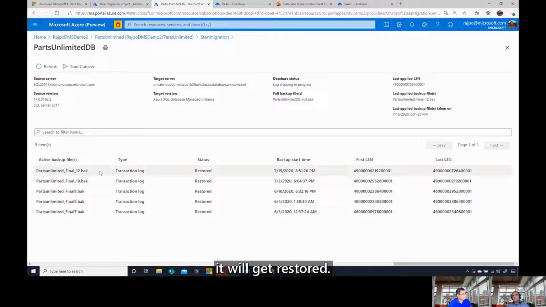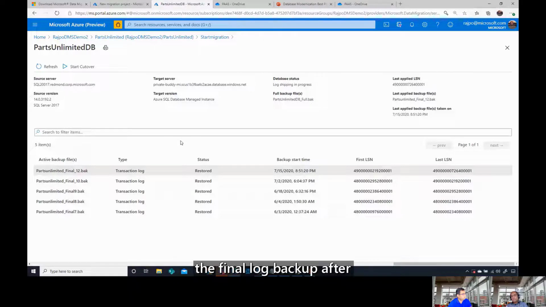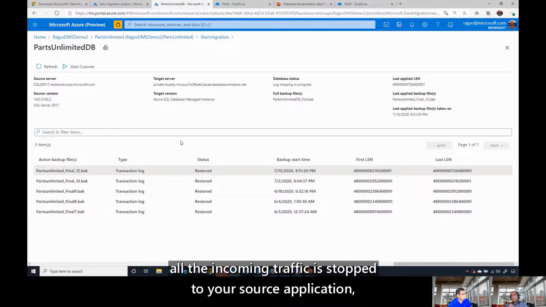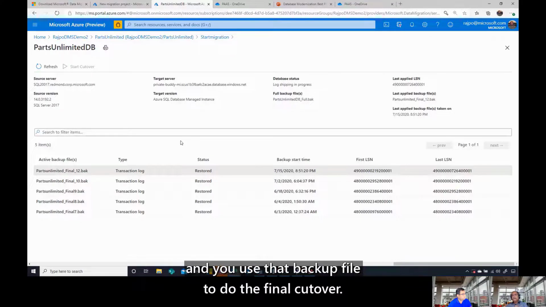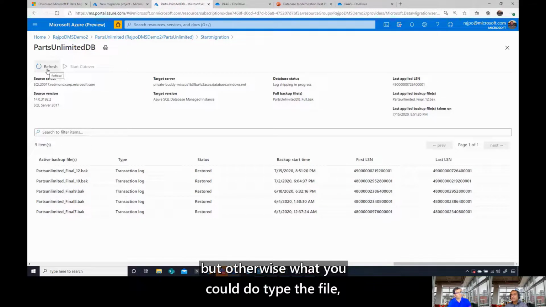Once the file is there, it will get restored. And once the restore is done, you will see that the restore status is provided here, so that you can really call the migration cutover. That means you are able to take the final log backup after all the incoming traffic to your source application is stopped, and you use that backup file to do the final cutover. Yeah, so it's taking a little longer, but otherwise what you could do is,